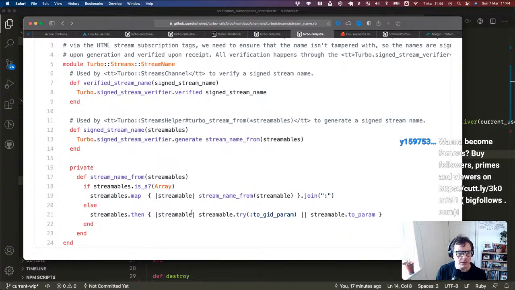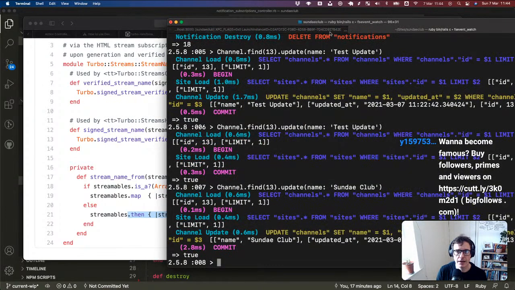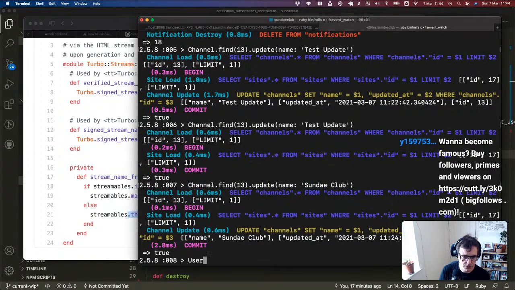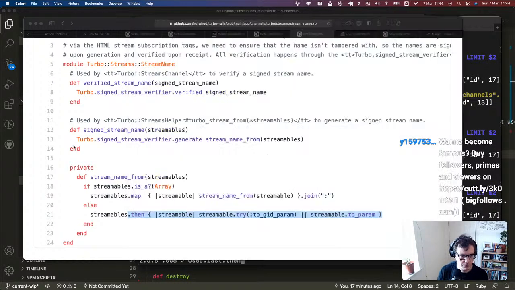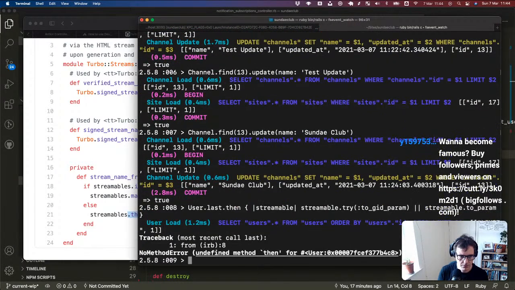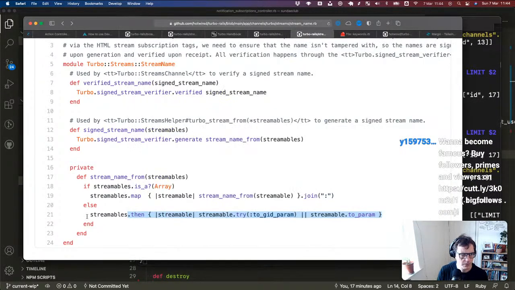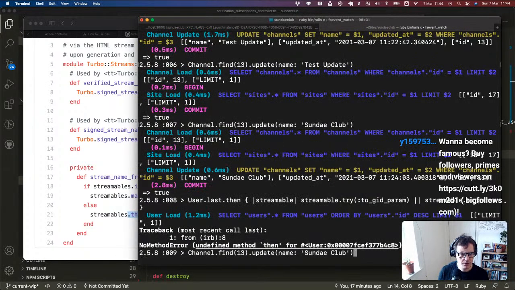Stream rules then. Interesting. But this is maybe something we can just do in console and see what comes back. So we have a user. Oh, can we just tag that whole line on? Undefined method then for user. Okay. Which is the error we're getting. And if we just do